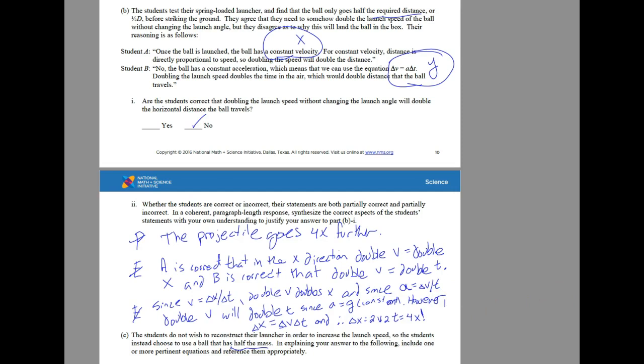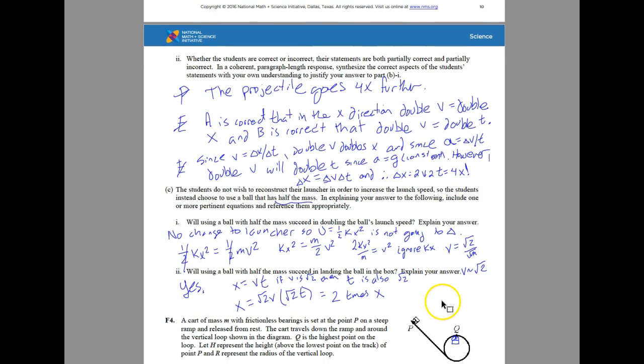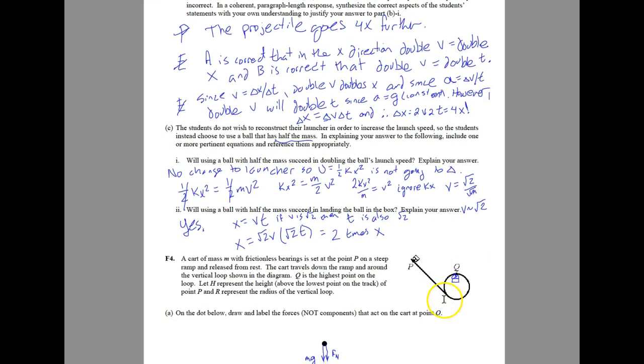Okay, so let's take a look at finally the bottom part here. It says the students do not want to reconstruct their launcher to increase the launch speed, so they instead think, well, it's just half the mass. If I take a ball with half the mass, will it double the launch speed? So the answer is no. They're going to have to change the launcher, and because they don't change the launcher here,